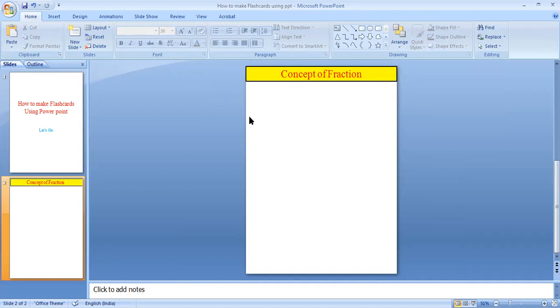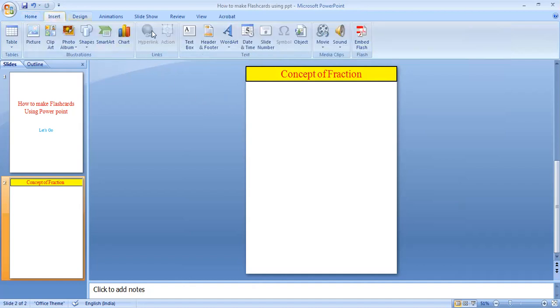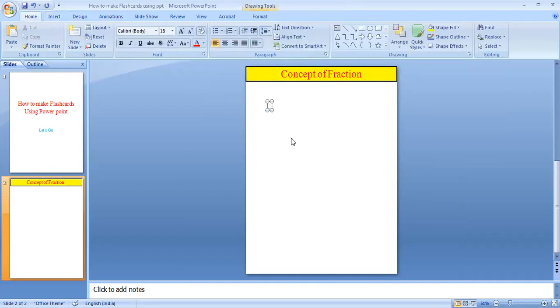Now suppose I have to write something else, like a definition. Again I go to insert, select text box, and put it there, and now I write: fraction is a part of a whole.